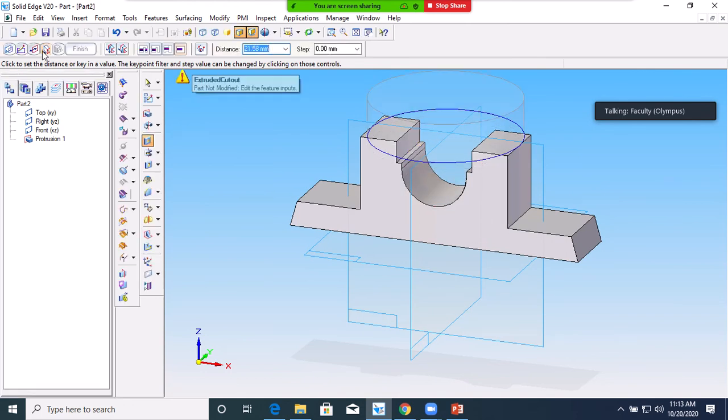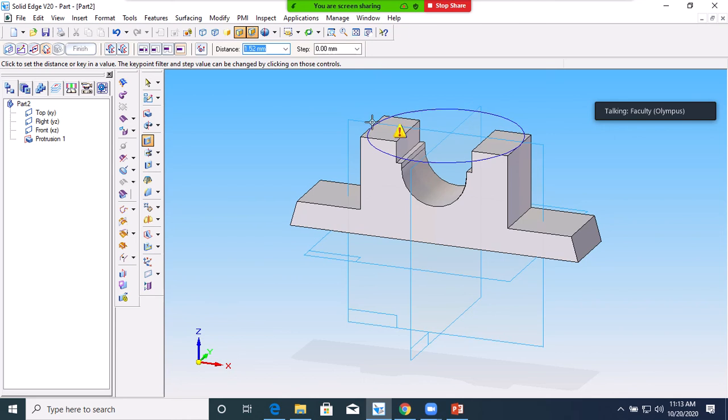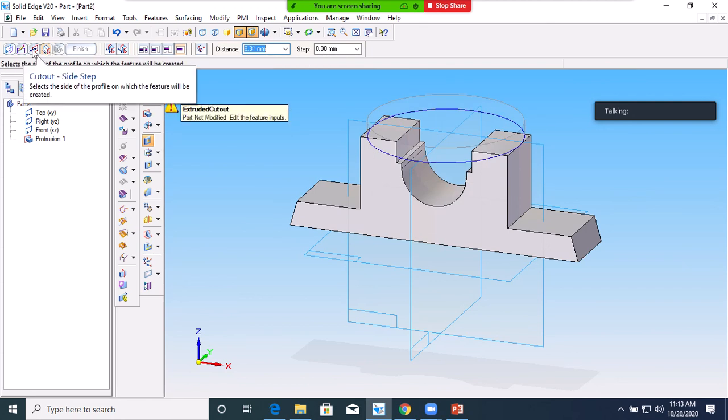Here you have to use the side step command, not extend step. See here, the third from this option, the fourth one. Sorry, this one, side step you have to use.